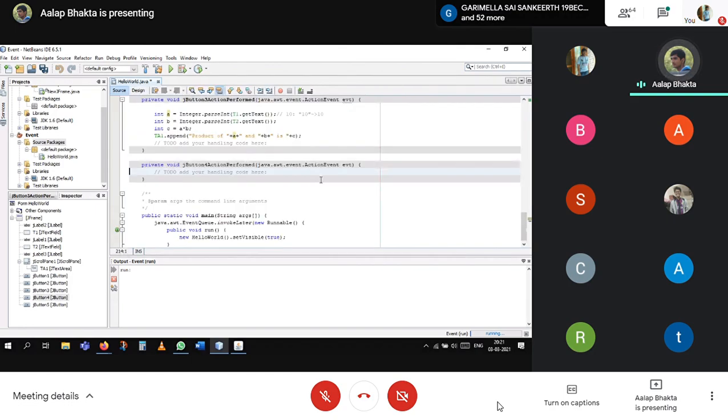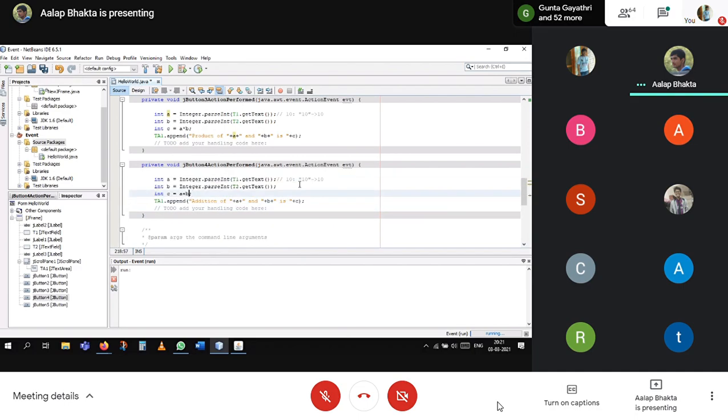And for division, the thing is you have to mention the float data type, because for dividing a and b, whenever the user will input something, most probably the division answer will be in decimals. So for that we need to declare the result variable